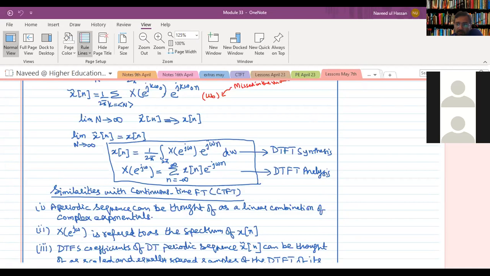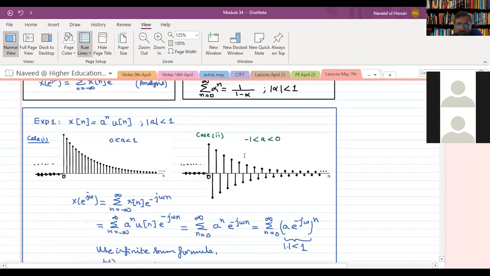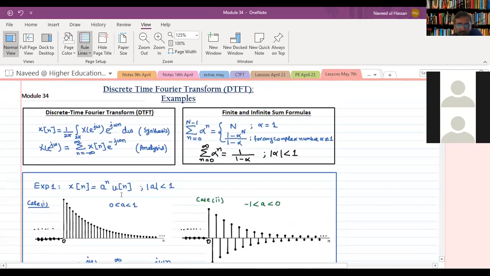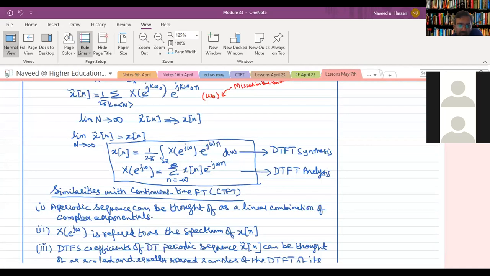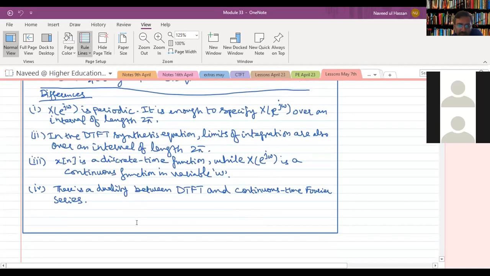So the next module we did some examples, or... सर मुझे सिमिलैरिटीज और डिफरेंसेस की समझ नहीं आई थी सही से। कौन सी difference की? सर लास्ट में, यहाँ पे duality वाला? यस सर, और सिमिलैरिटीज।